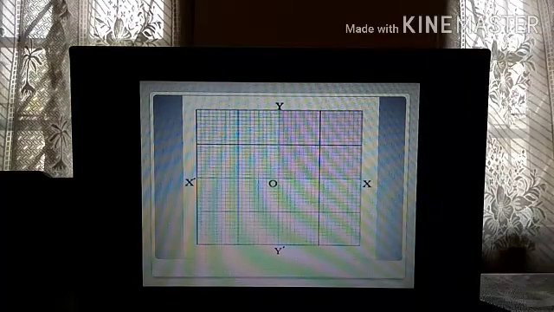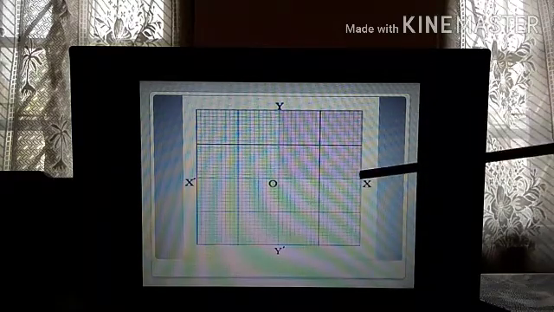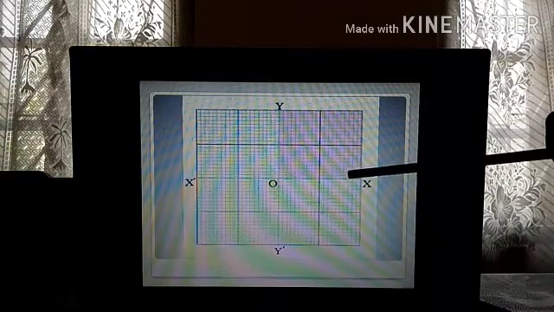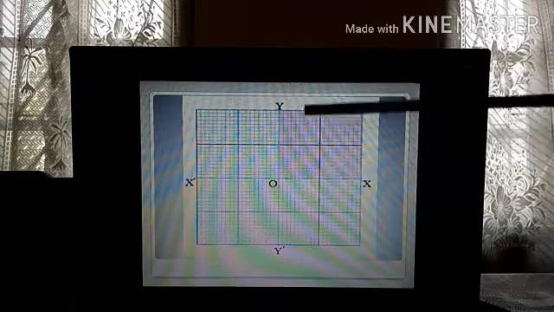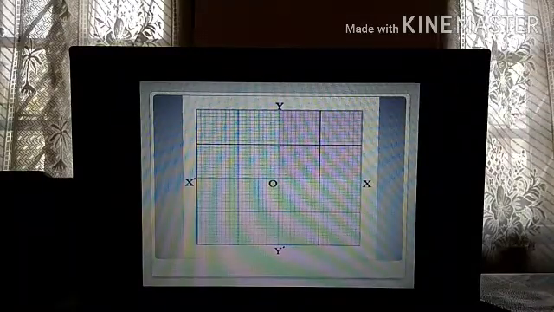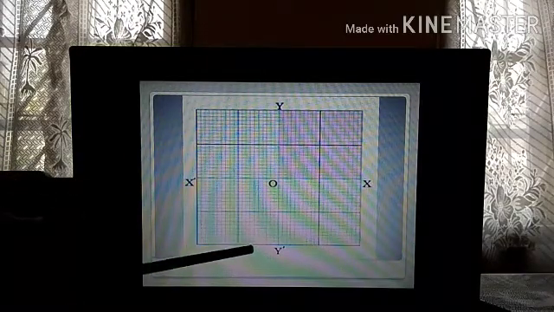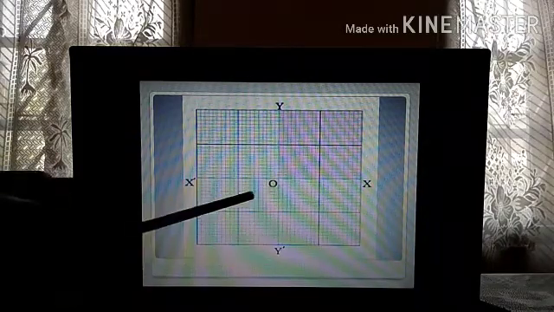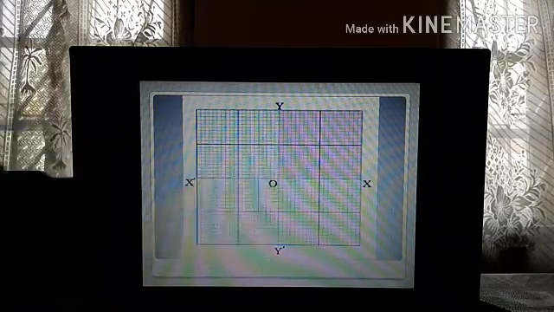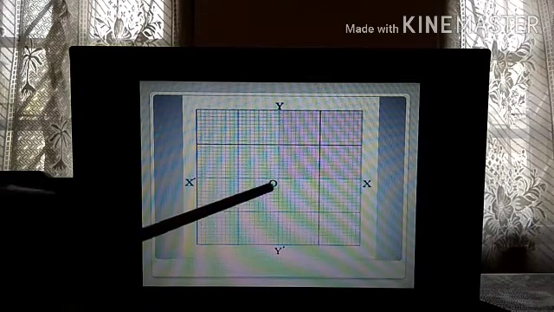Now, on this part that you draw here, we mark the positive values: plus 1, plus 2, plus 3, plus 4, or plus 10, plus 20, plus 30, plus 40. This side also you mark the positive values: 10, 20, 30, 40, 60, that way. But on the opposite side, this part of the x-axis and this part of the y-axis, that is X' and Y', you mark the negative values, but you don't need this now. In higher classes, where you need to plot negative values, then you mark this side.